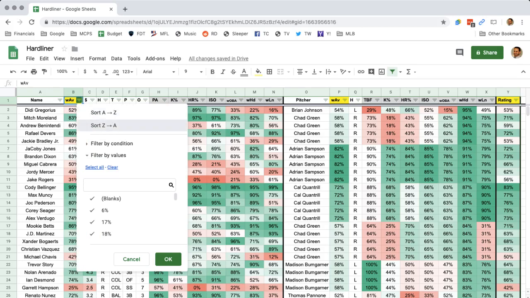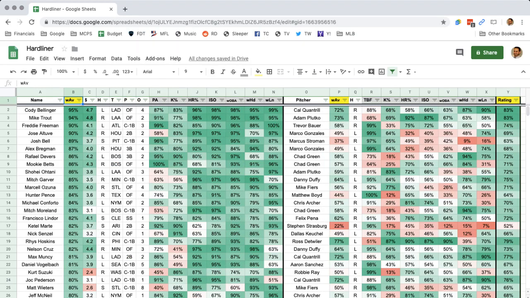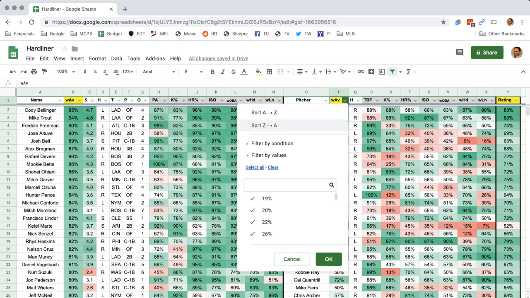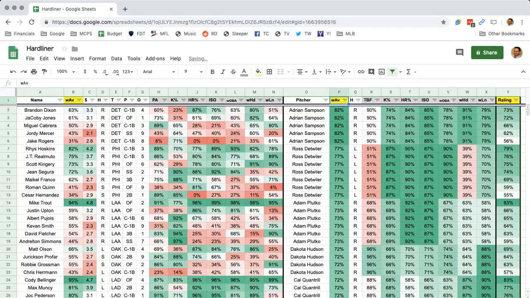And so if we sort that column here, number one today is Cody Bellinger, 95%. Mike Trout, 94. Freddie Freeman, Altuve, 90 and 90 respectively. Josh Bell, Alex Bregman, et cetera. So I'm excited that it returns guys that I would expect to see at the top here. So that's weighted average. And then for the pitcher side, weighted average is, as I've said several times, the higher, the better for the batter.